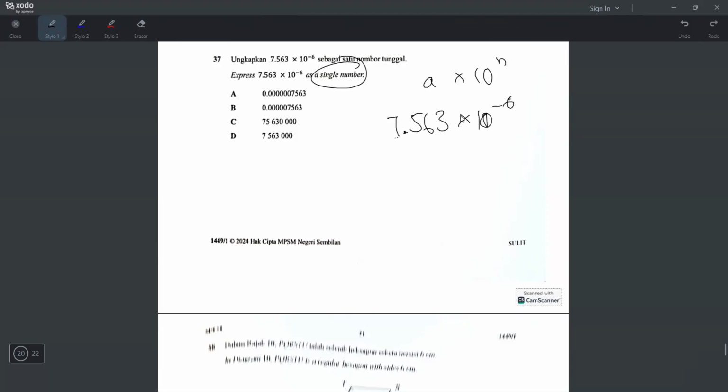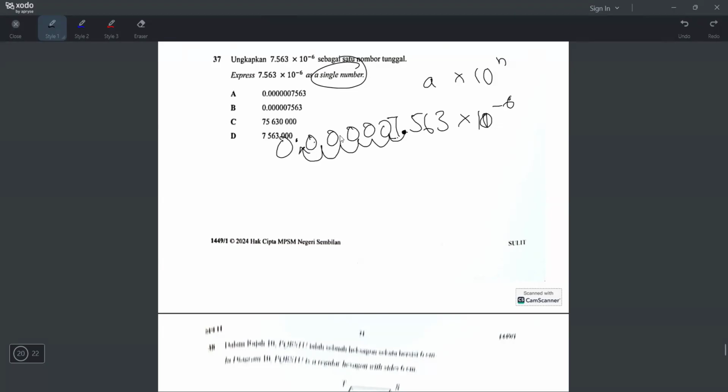Okay, if they want you to times 10 power negative 6, means you have to move your decimal point to the left because the power is negative. But move how many times? 6 times to the left. So 1, 2, 3, 4, 5, 6. If it's 10 power positive, then you move to the right. Okay, so the answer is